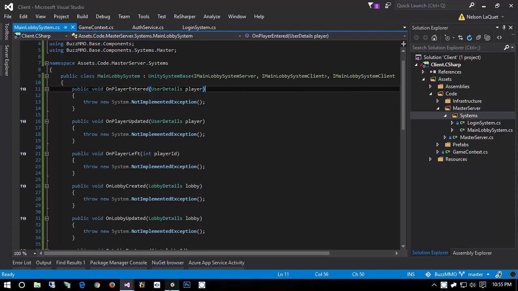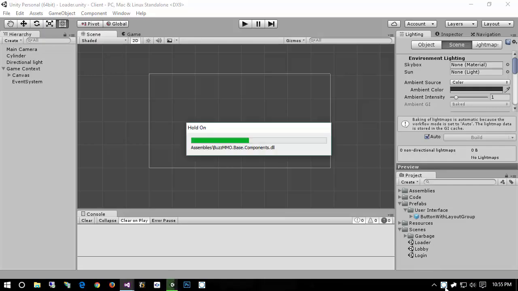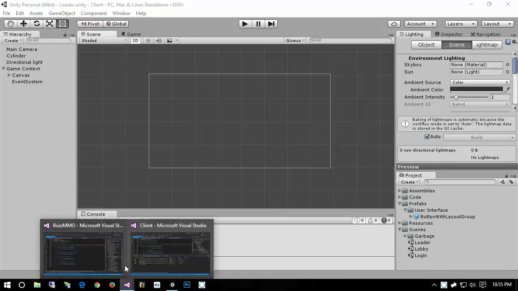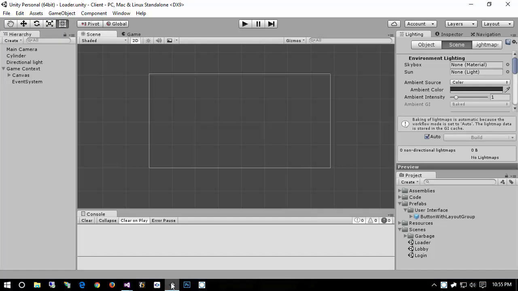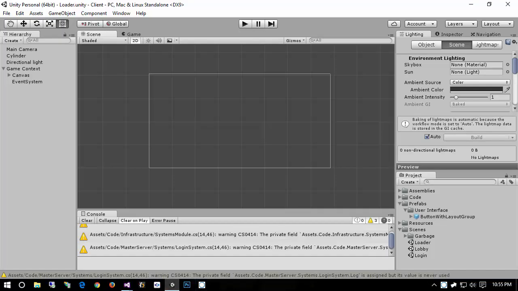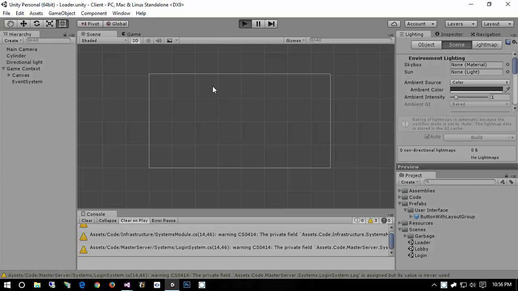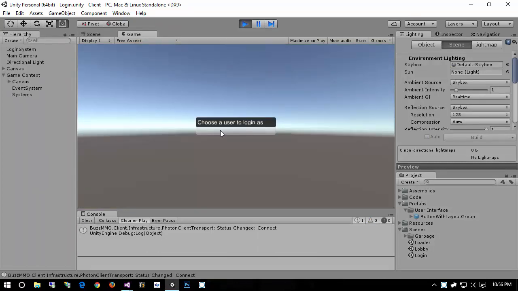So jumping back into Unity, I do have the server running. I did do a compile. Did I do a compile? Yes, I did do a build. So we should have the latest version of the server running, and I can verify that by locating my logs, and I see that it did indeed start. So now I can go ahead and hit play, and I should get my choose user to log in as,